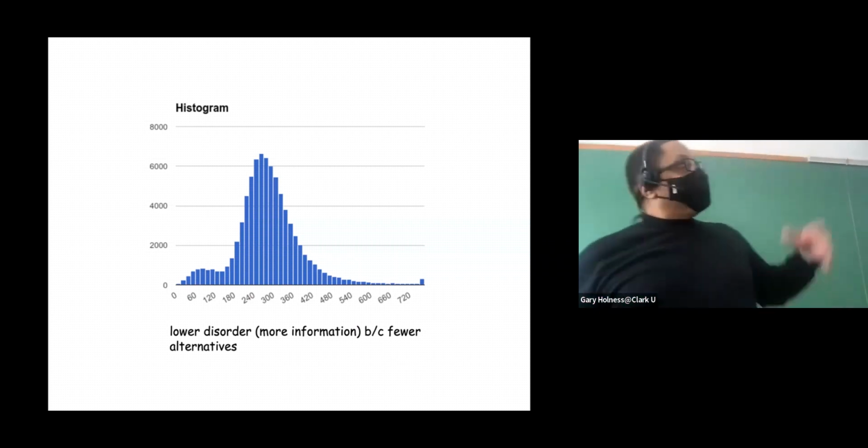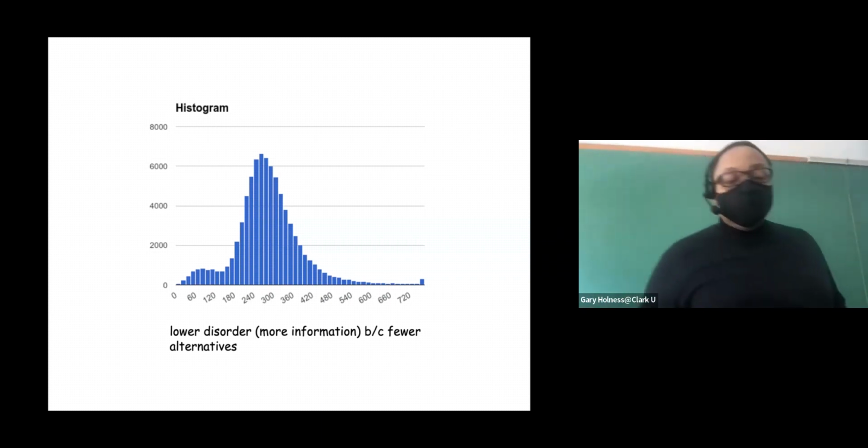There's structure to it. It's not an arbitrary choice. It's a particular choice. Does that make sense? Of the values that you observe. And so lower disorder means more information because now you're making an informed choice. It's not arbitrary what values show up or relationships between points and images. It's a particular set of relationships.